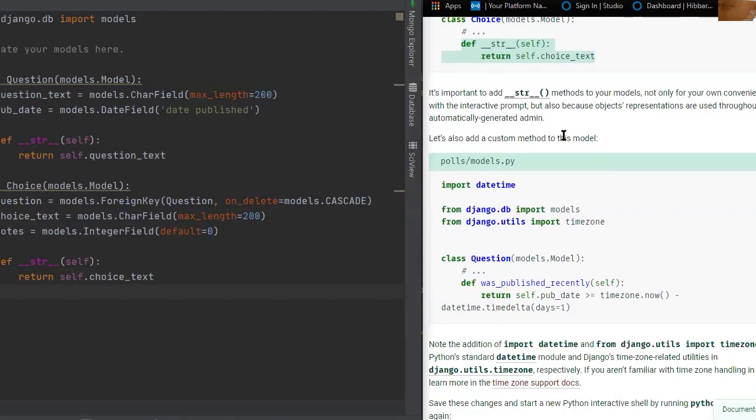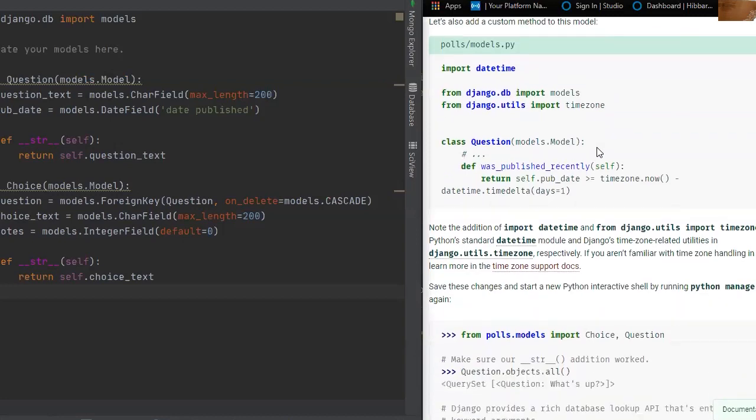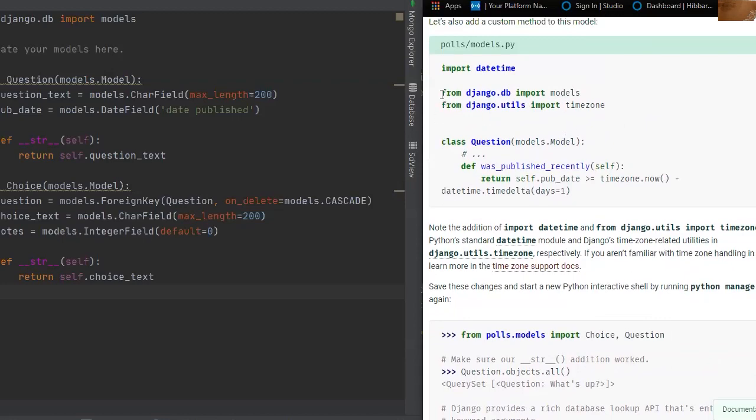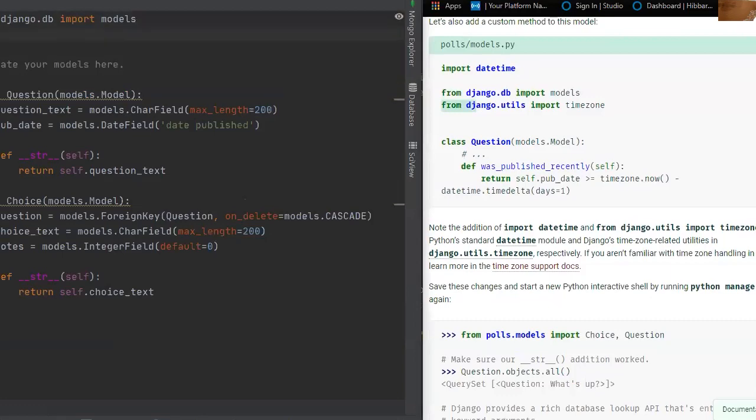Now let's add a custom method to the model. Here we're running a method of was published recently, with self, again, because we're using a class-based model, right? So we're calling self on question. We also notice that we're going to have to use timezone. We need to import datetime and timezone so that we can use both these functions. So in our model, we're going to need to import datetime